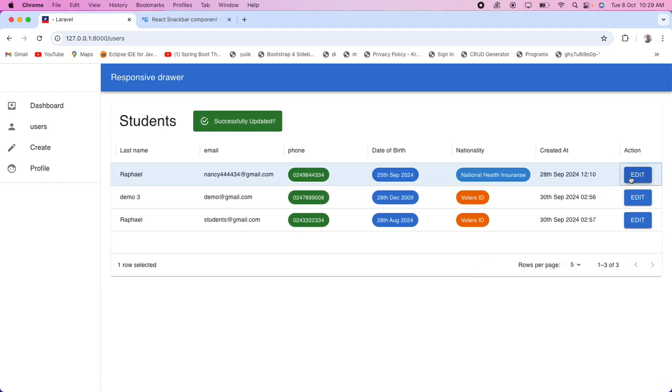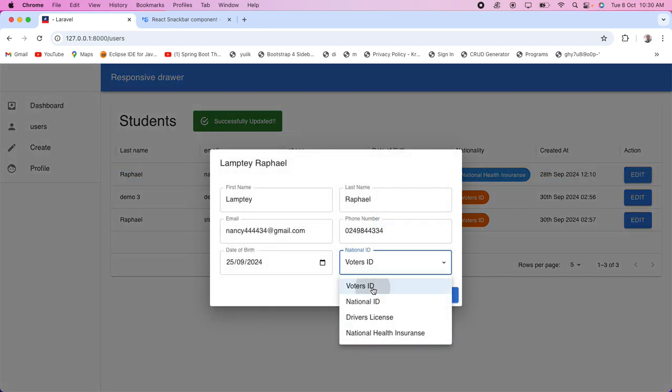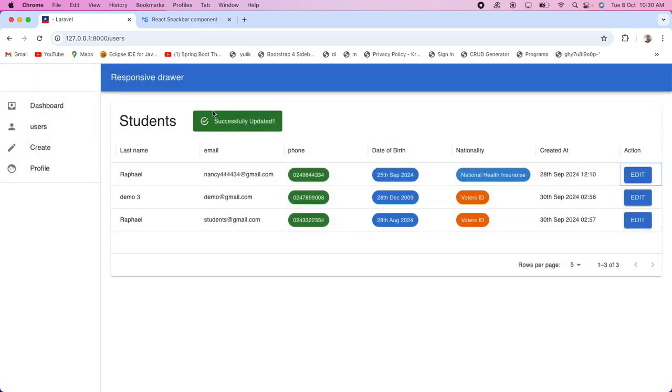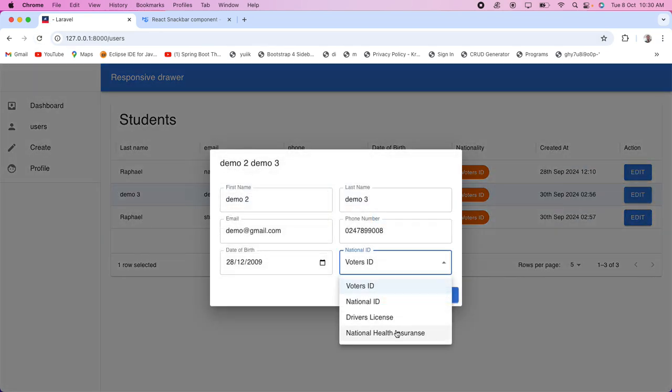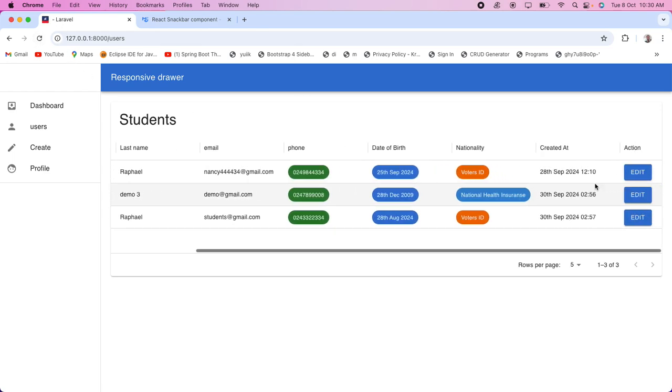So whenever I click on edit and then I select any of the drop down and click on update, you can now see that it is successfully updated. Let me run another one, and you can now see that it is successfully updated. Okay, but anytime that is updated, I always have to refresh the browser before you see the changes over here